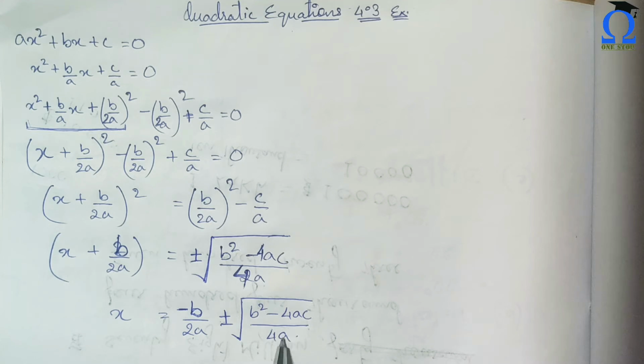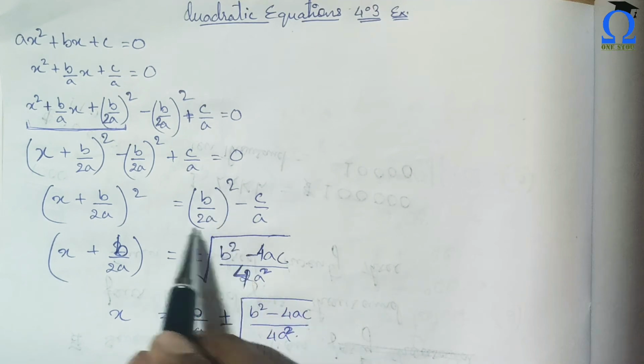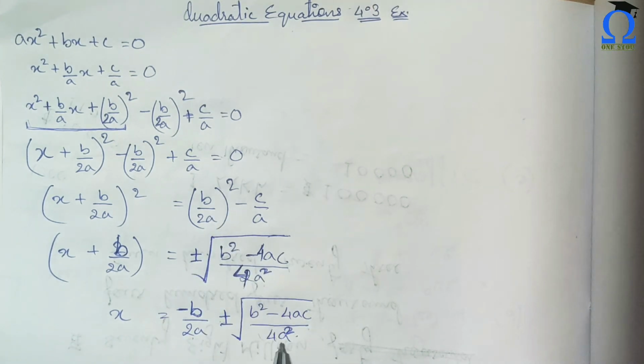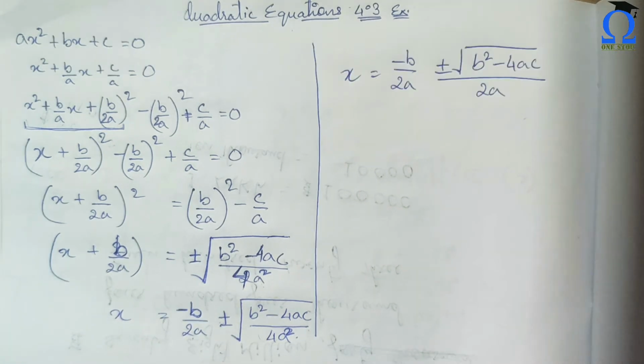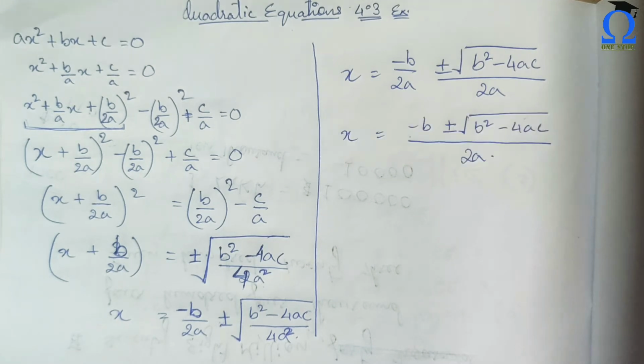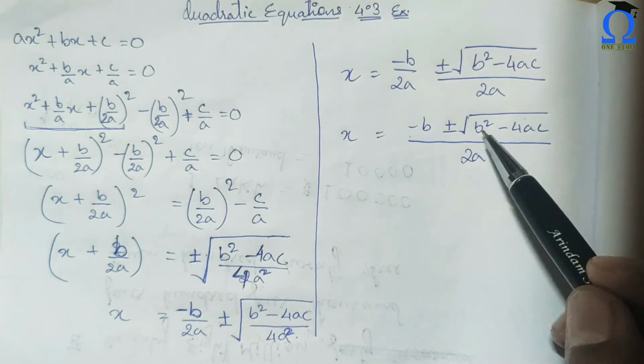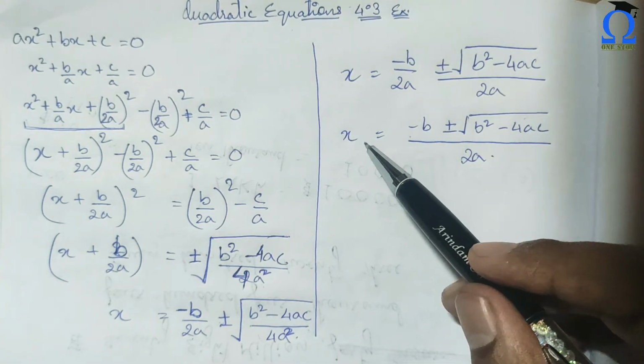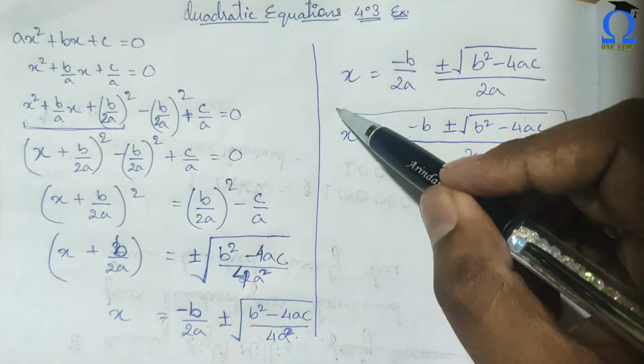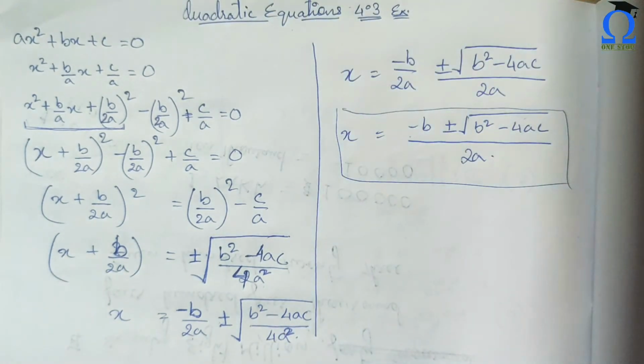Now I'll be taking out 4a from this here, and this will be 2a because, okay, this will be a square. I was making a mistake here. This will be a square because 2a whole square will be 4a square, not 4a. So I can take out 4a square out of this root and this will become 2a. So now both the denominators are the same, so I can take the LCM here. The final equation would be this. Understood? So by this formula, putting all the values here, we can find the value of x. So this is our quadratic formula, and this method is called the completing the square method.